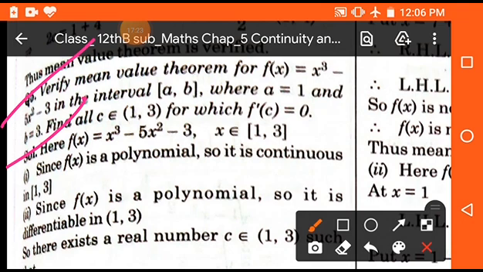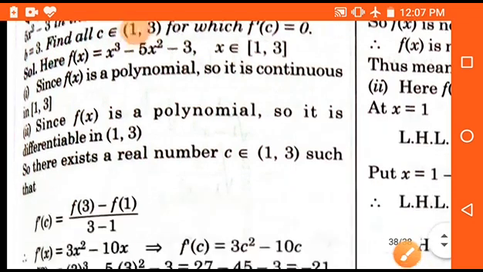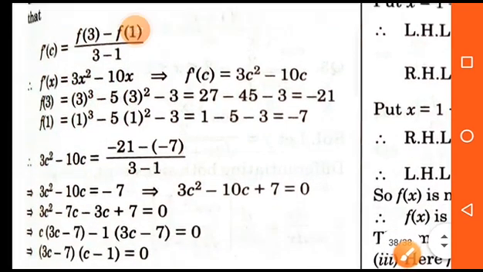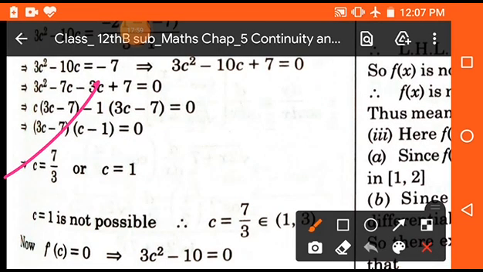So the first two points are the same because the function is differentiable as well as continuous because the function is a polynomial. We have to solve only the third condition, and the third condition is, see here, f dash c is equal to f of 3 minus f of 1 upon 3 minus 1, because we know that it is f of b minus f of a upon b minus a. So putting the values and solving, we will find the value of c. Clear students? And we see here c is equal to 7 upon 3 and c is equal to 1.